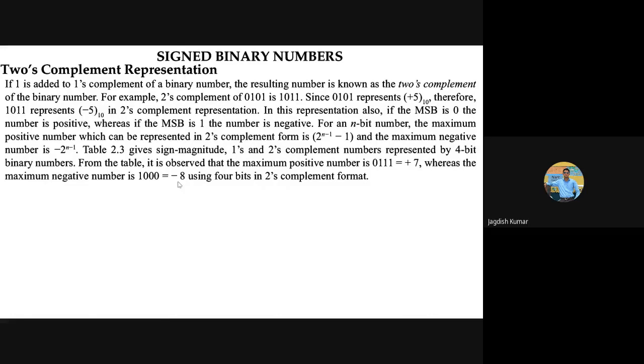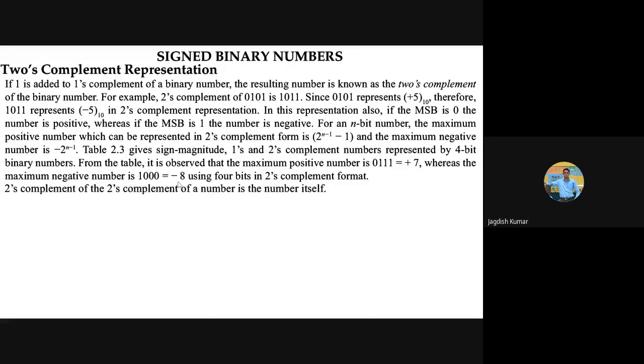Why so? In 1's complement, if you use 0000, that was +0. If you put 1000, that is -0. But +0 and -0 are both equal, and -0 doesn't make any sense. So in 2's complement, we don't have any combination reserved for -0 separately. So 0 means 0, and 1000 is used for -8. You can try to see how we get -8 in 2's complement.